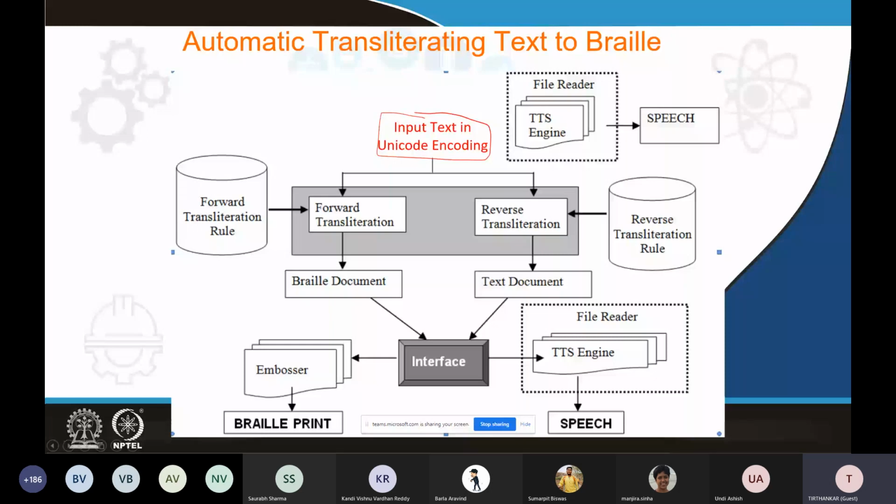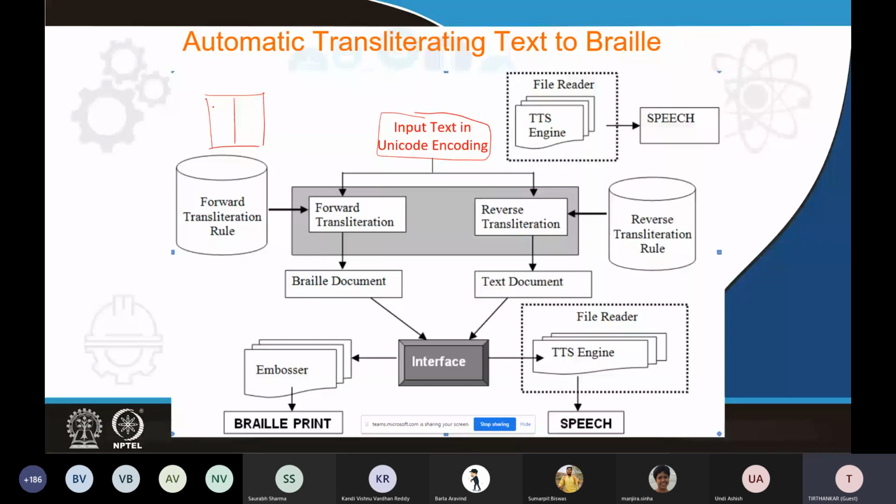Since we have already seen how individual text can be segmented into characters, and then characters can be mapped into individual braille cells, that is the thing that we need to do. Given any editable English text, you have to identify the individual alphabets within the text. Corresponding to every alphabet, there is a forward transliteration rule engine, which contains a list, a dictionary kind of thing, or typically we call it a mapping file,